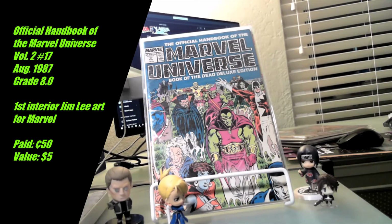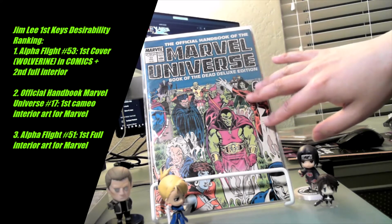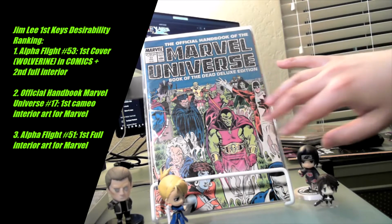The first full appearance of Jim Lee's work would be in Alpha Flight number 51. But that's not even a full appearance because he didn't do the cover. He did the interior work, but he didn't do the cover. I was just recently on a Comic Book Worms comic book collector series where we discussed, and I talked about my collection there. But I mentioned on that channel earlier that the book that has the collectability is not that Alpha Flight number 51. It's either this, which is the official first appearance in Marvel of Jim Lee's art,